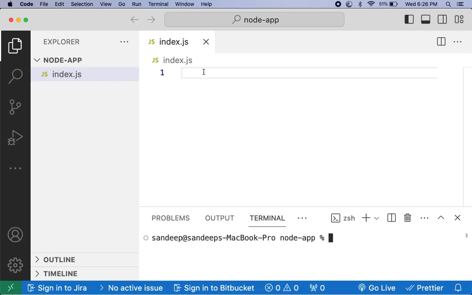Now we have one JavaScript file. This JavaScript file we are not going to execute on the front end. We are going to execute it on the terminal, and this is possible because Node is installed in our system. So Node helps us to execute or compile JavaScript in terminal. So let's start with